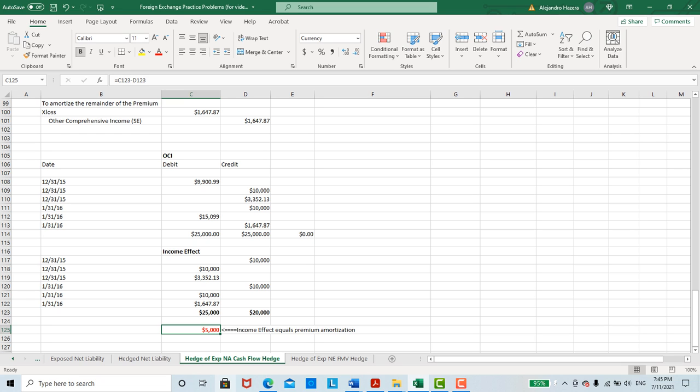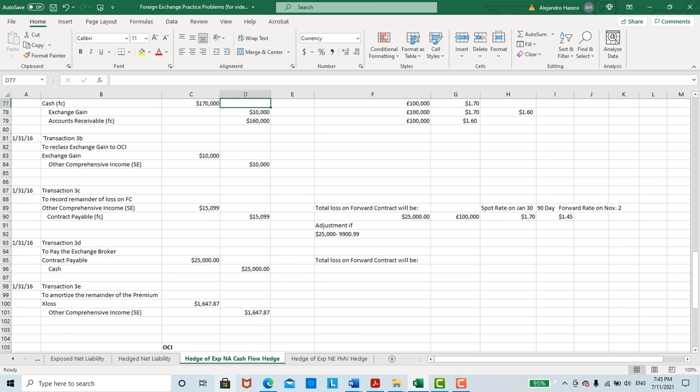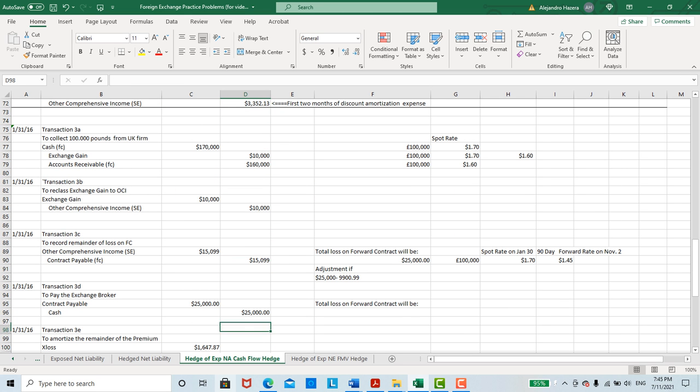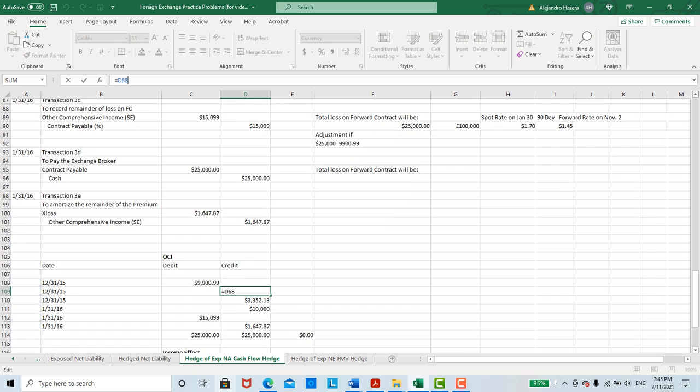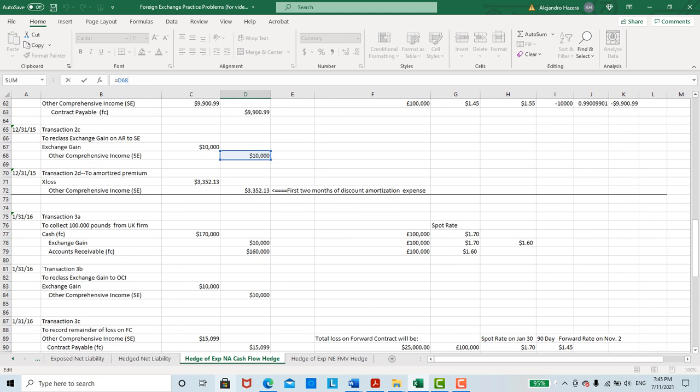And keep in mind, basically, the premium amortization is the difference. Obviously, it's the difference between your debits and your credits here. But keep in mind that in the income, you have these two credits, which were both, I'm going to go up here, were both,